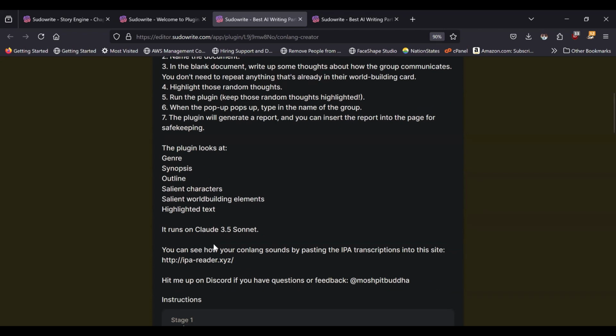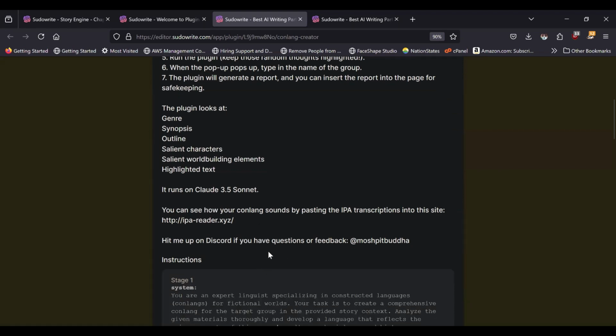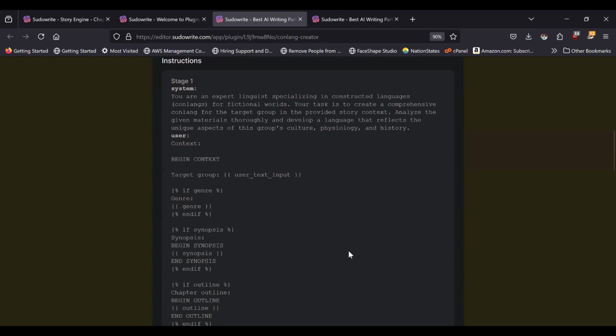Oh, this is cool. You can see how your conlang, and conlang is a portmanteau for constructed language, in case you were curious, and I haven't been paying attention to chat, so maybe that was already pointed out. But you can see how your conlang sounds by pasting the IPA translation transcriptions into this site, and then we can check that out afterwards. And he was nice enough to put his Discord ID if you have any questions or feedback. So,